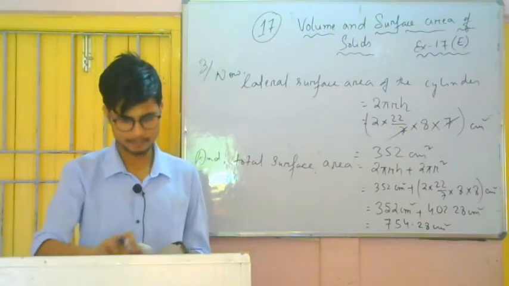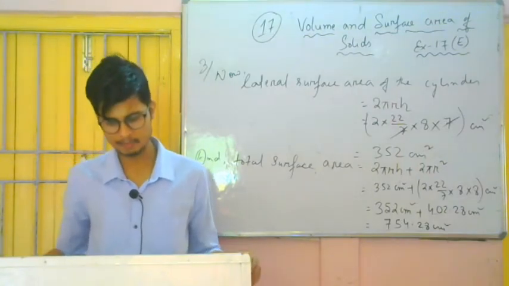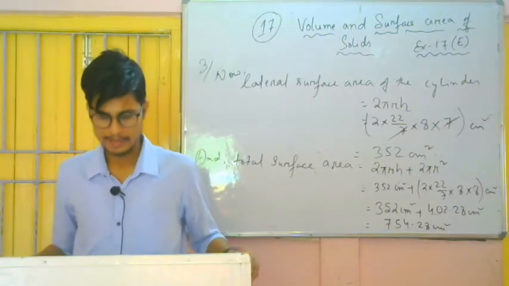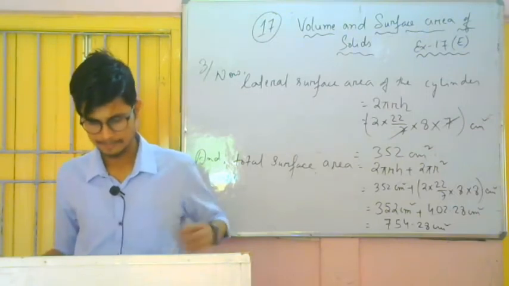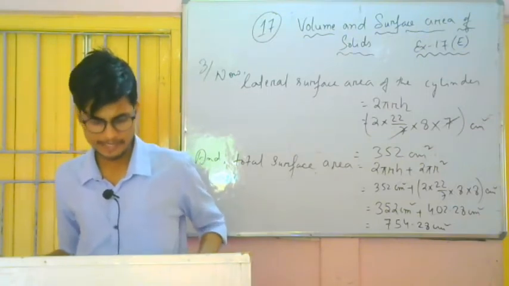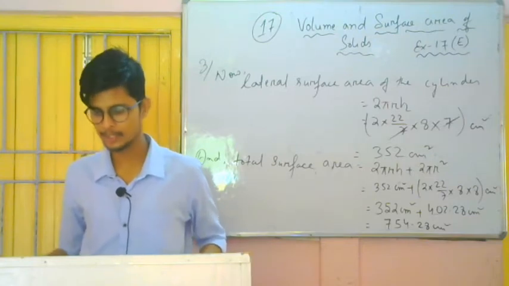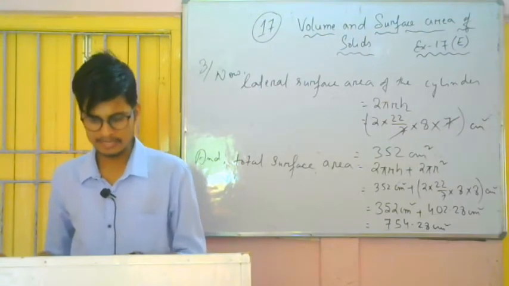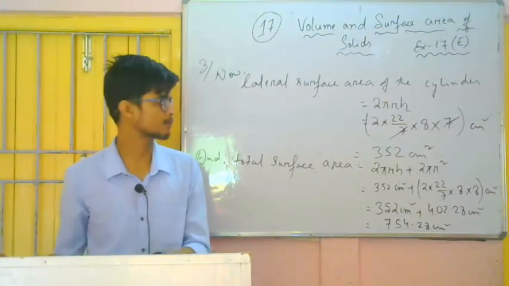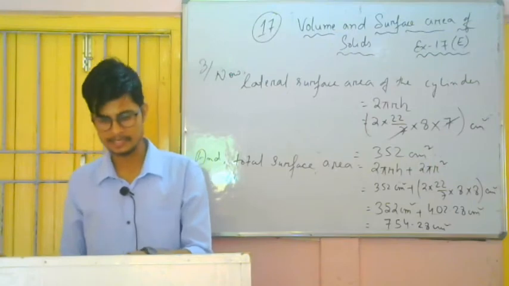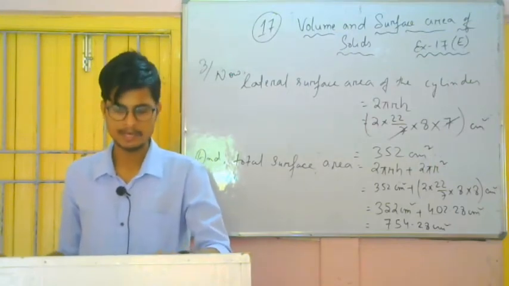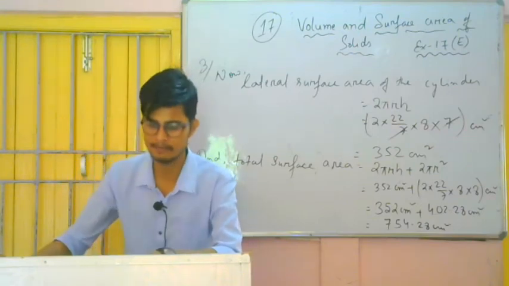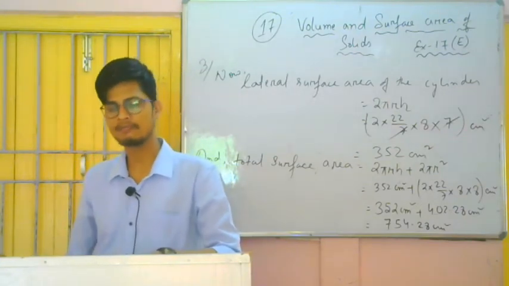So now question number 4, the volume of the right circular cylinder is 1100 cm cube and the radius of its base is 15 centimeter. Find its curved surface area. So same like earlier one, here you see radius is given. In this case you have to find the height. In the earlier question, height was given, radius was missing. In this case the radius of the base is given, but height is missing. So first of all, you will find the height.